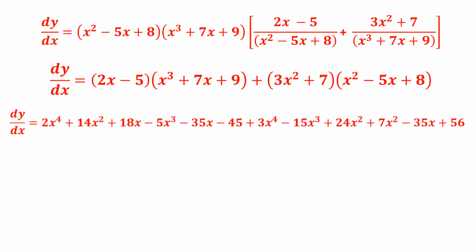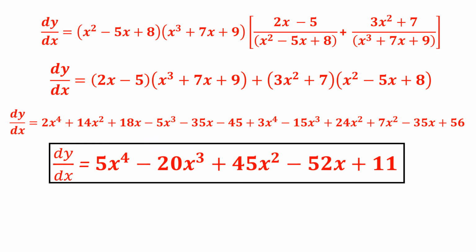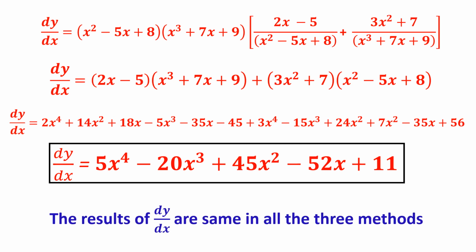Now you expand totally because you got the derivative now. After expansion, collect those values, that is x power 4 term, x cube term, x square term, x term and constant term. Now when you visualize it, the answers which we got by using product rule, by expanding it into a polynomial and then differentiating, and using logarithm, the results are same in all the three methods. We have to select that method which is easy and convenient to us, provided that method is applicable.